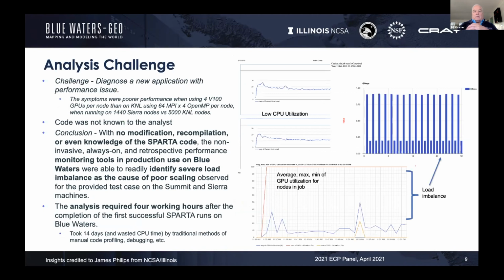Here is another view of the Sparta code that you heard about a little bit earlier. We were asked to look at that code also and see if our production monitoring would be able to help understand a performance issue with it, basically poor performance at scale. So we took the code. We had no background in using this code, but we put it on Blue Waters, and with no modification, only a recompile to make it work in our environment versus the DOE systems that it ran on, and no knowledge of Sparta, we were able to non-intrusively monitor the code